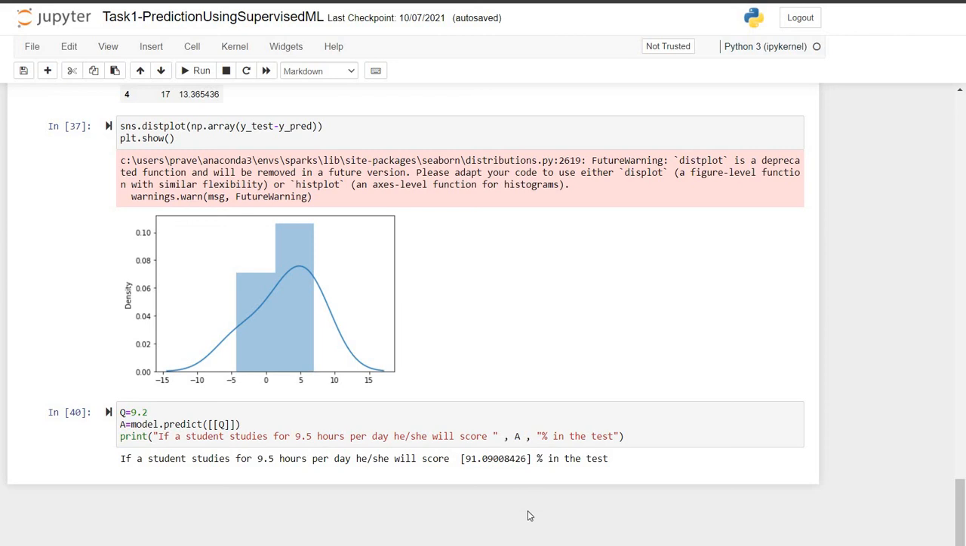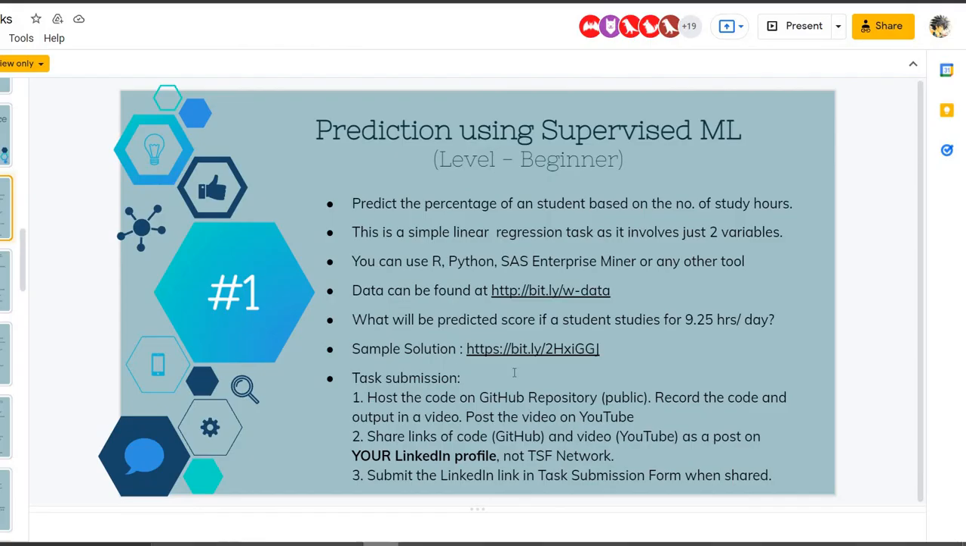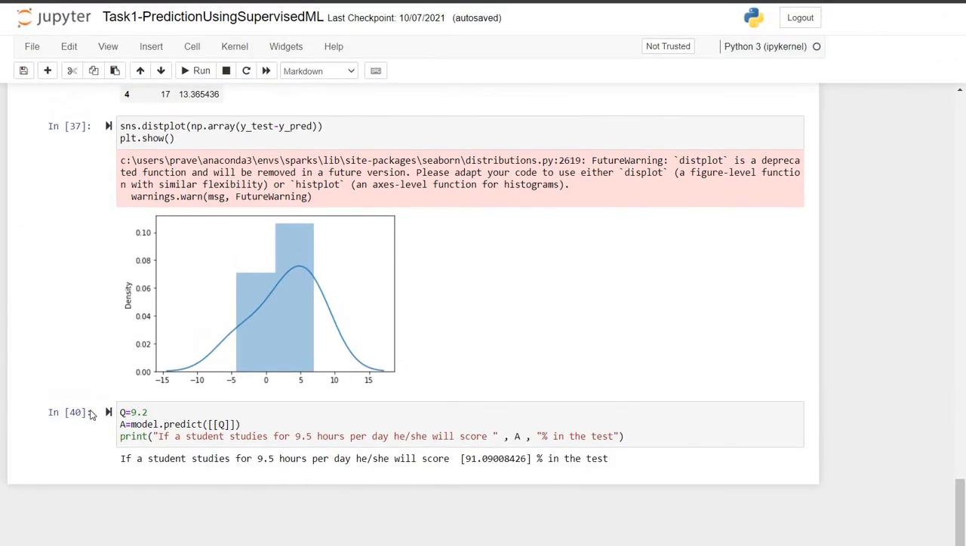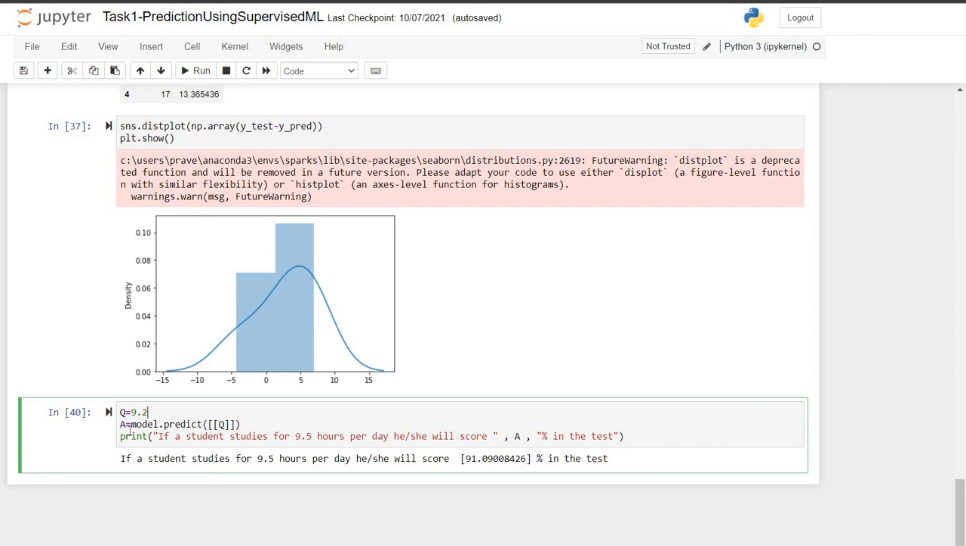The question was to find, if a student studied for 9.25 hours per day, what might be his score. To answer that question, we are going to send this value of 9.25 hours into our model using model.predict. Q is the variable that I have given to the number of hours, and the answer is A. So we are getting